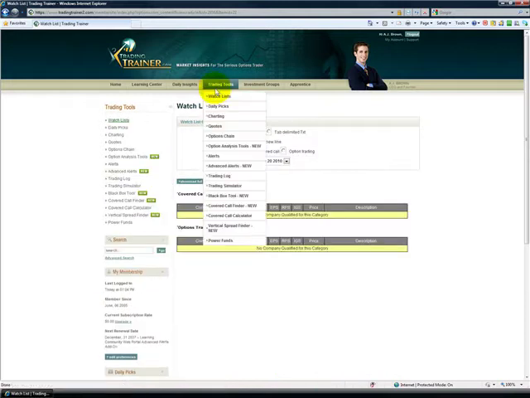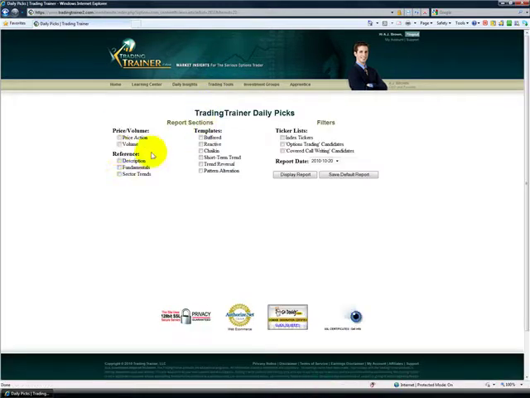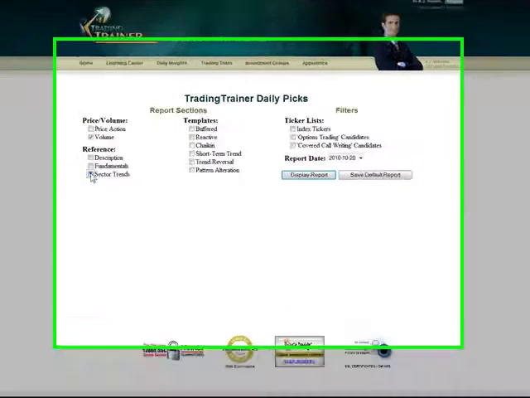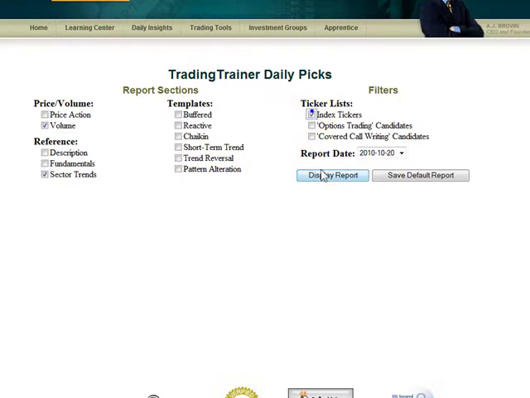Nothing being identified by our covered call writing or option trading candidates. Let's move on to our daily picks. And the reason why I'm going to go to our daily picks is because I want to go ahead and take volume and trends and apply it to my indexes to get kind of an idea of what's